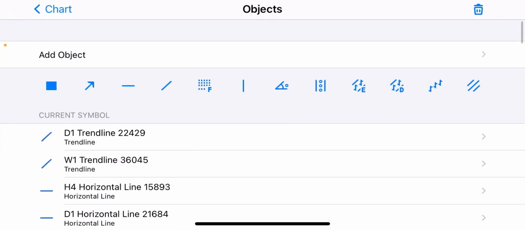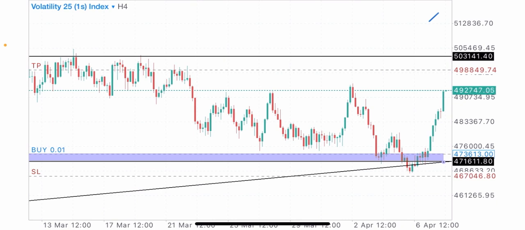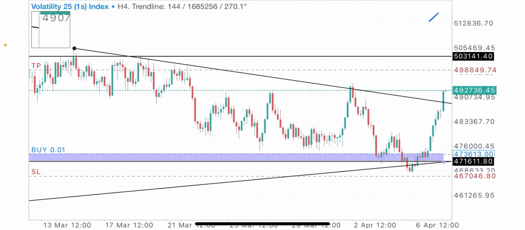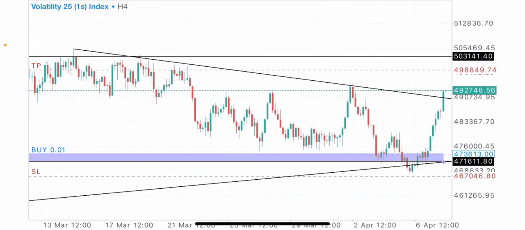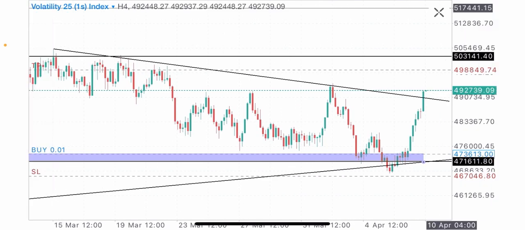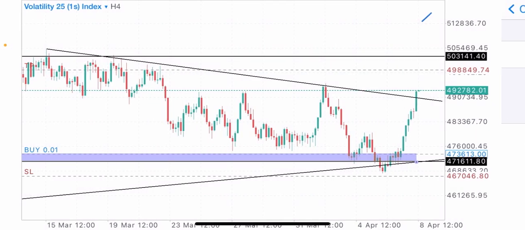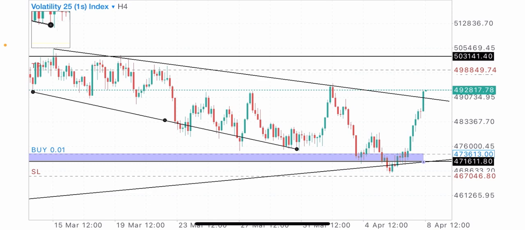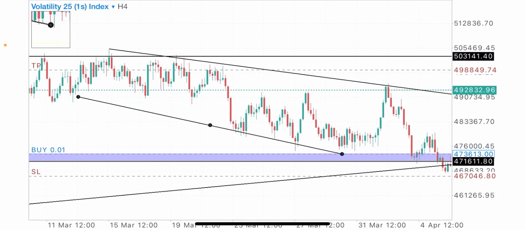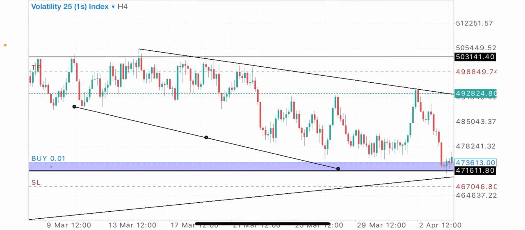Okay, so now let's check here. We can see clearly a trend here. All right, this is a clear trend here. This is a clear trend here. I'm going to use the trend line to spot this area where there is another clear trend. Okay, now this clear trend here